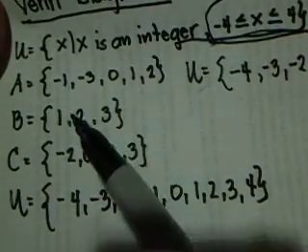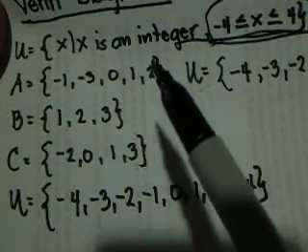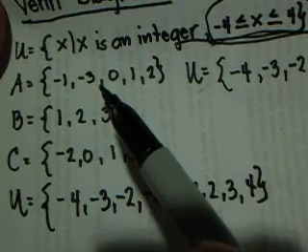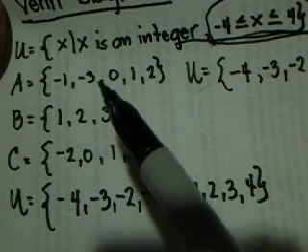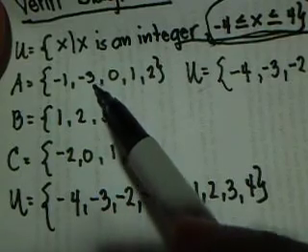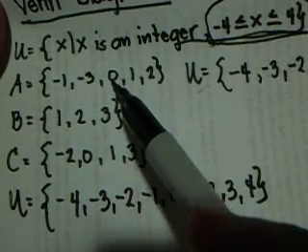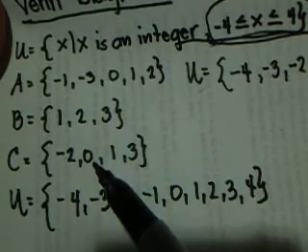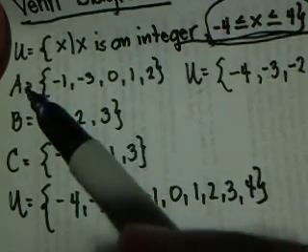Here we have -1. Is there -1 here? So -1 is only an element of A. Negative 3: so again, negative 3 is only an element of A. Negative 3 cannot be found in B and C. How about 0? Now, 0 cannot be found in B, but we can find it in C. So we can say that 0 is a common element of sets A and C.